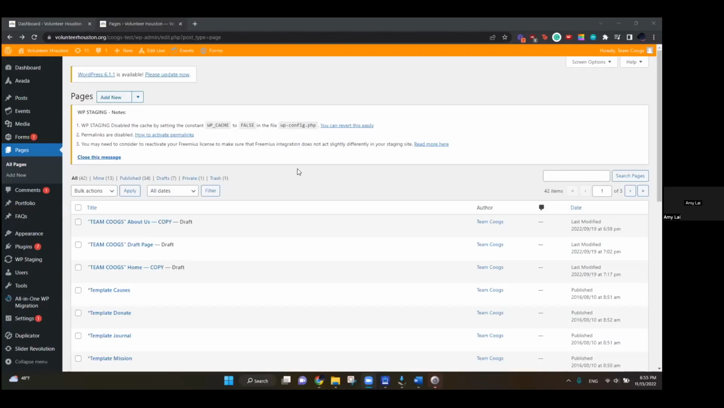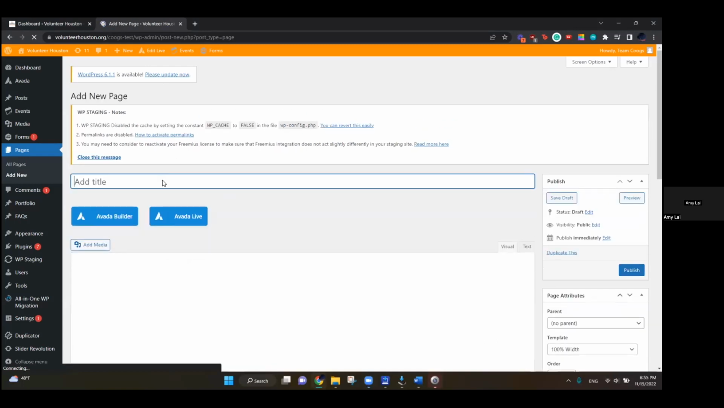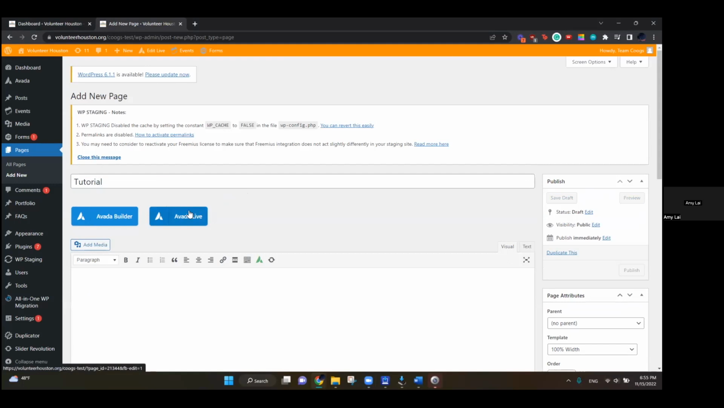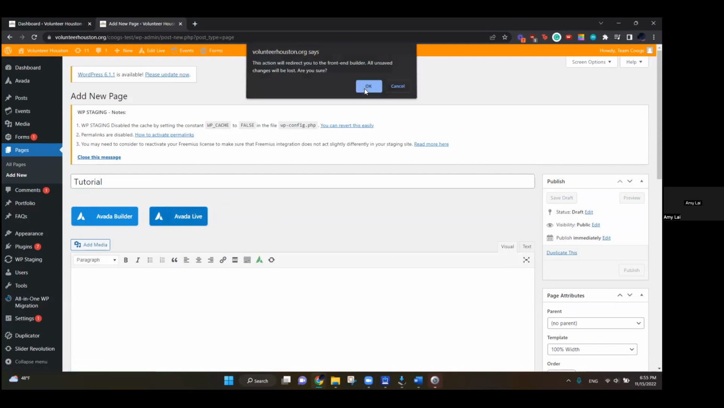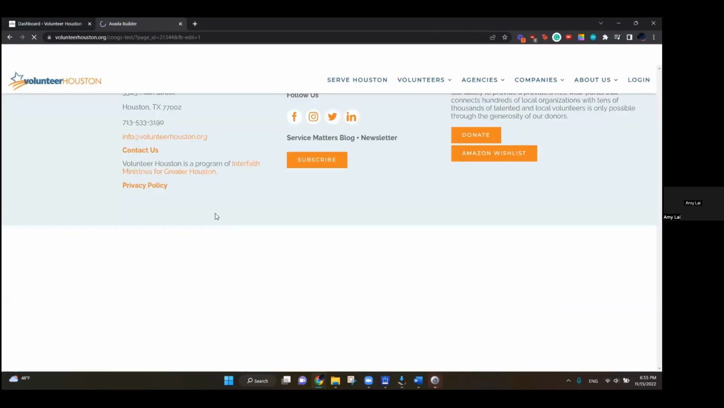So today's video will cover how to edit with Avada Live. First off, we will go ahead and start with a new page from the back end. I will just name it tutorial for now, and you will click Avada Live. This will take you to the live editor, and this is really how you want to make those edits because